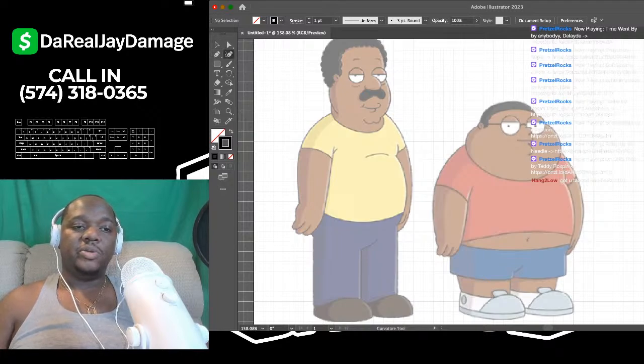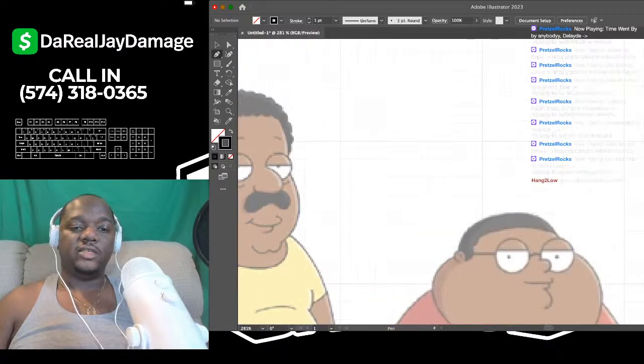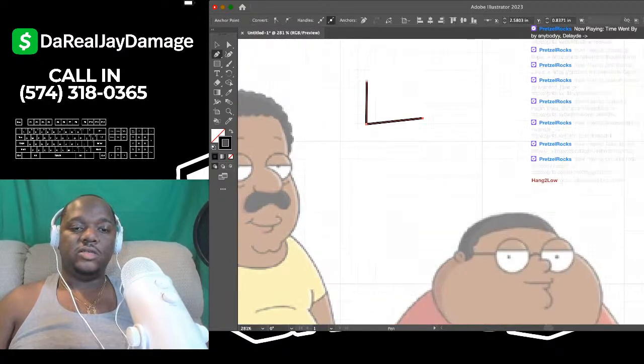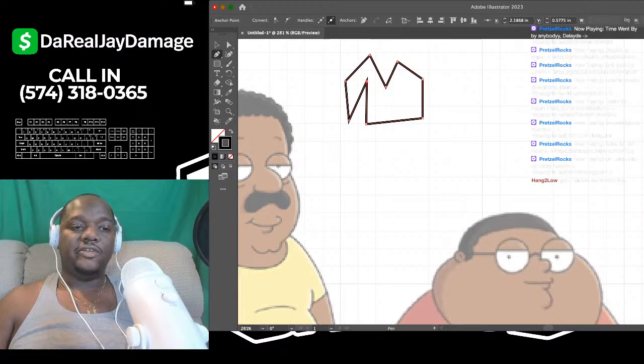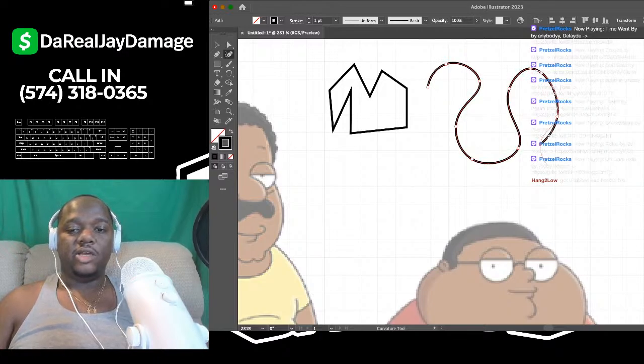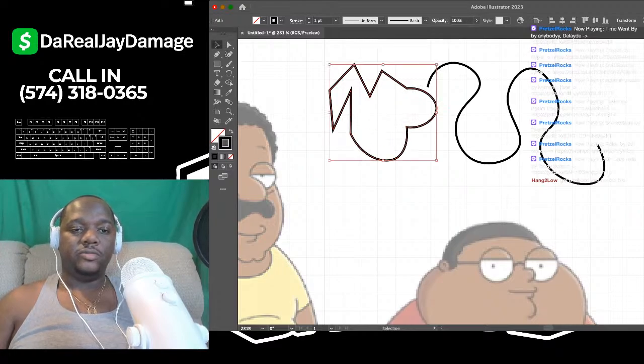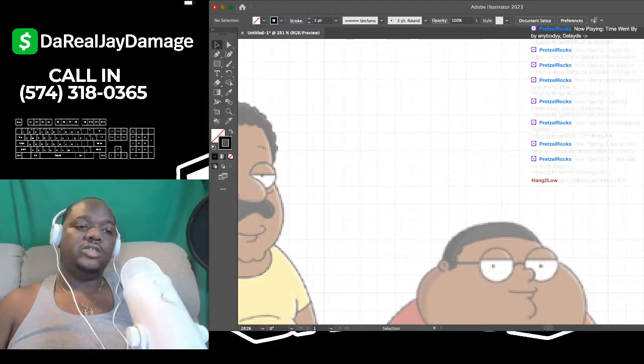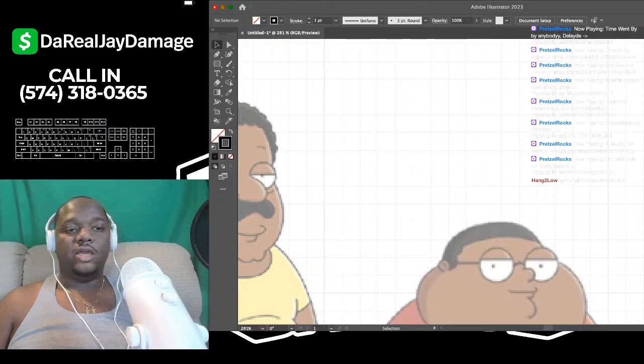So understand the pen tool is for all the straight lines, as you can see, all the straight lines and all the spiky lines. And the curvature tool is for the round lines. You see that? See how I can make things round? And with the curvature tool, you can also grab lines and bend them. Like you see, I can grab the straight lines and bend them. Bend those all up. So what you want to do is use these two tools to your advantage in order to get everything looking good.